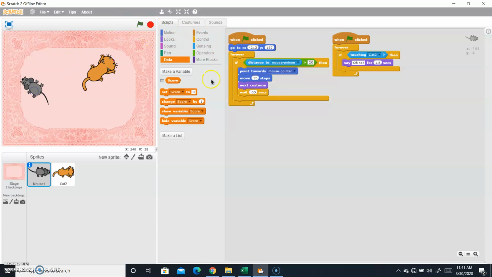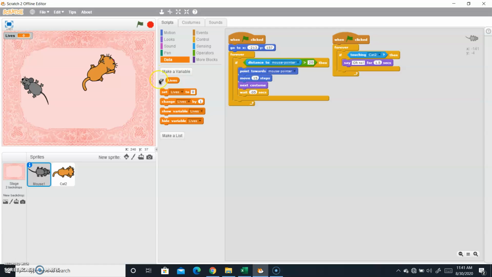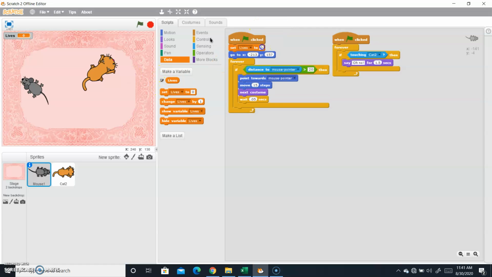We want lives. Let me delete score. Now in the lives, you have to set lives here to 3. And here, when if touching cat 2, then change lives by -1.